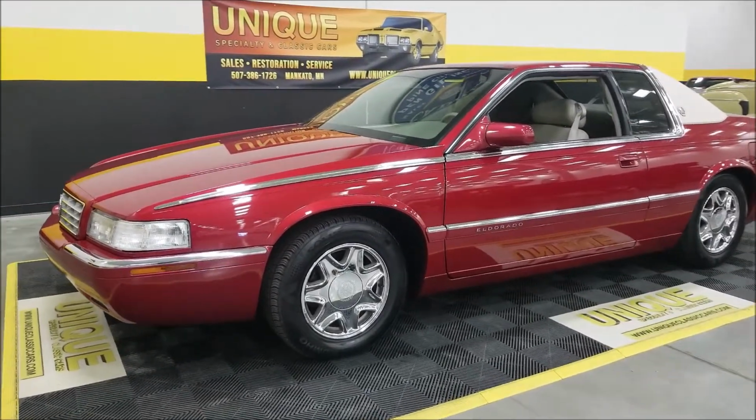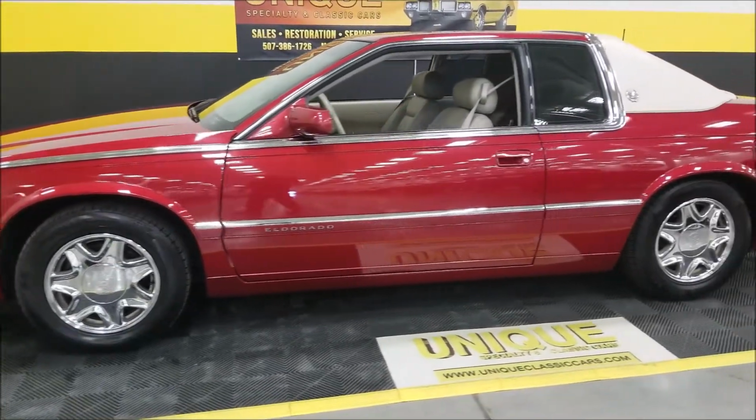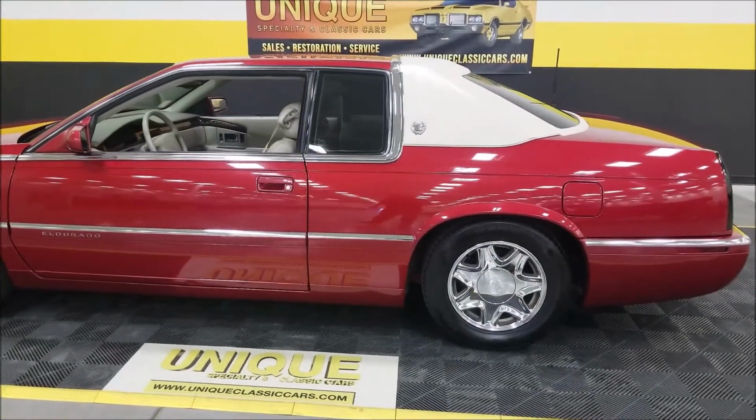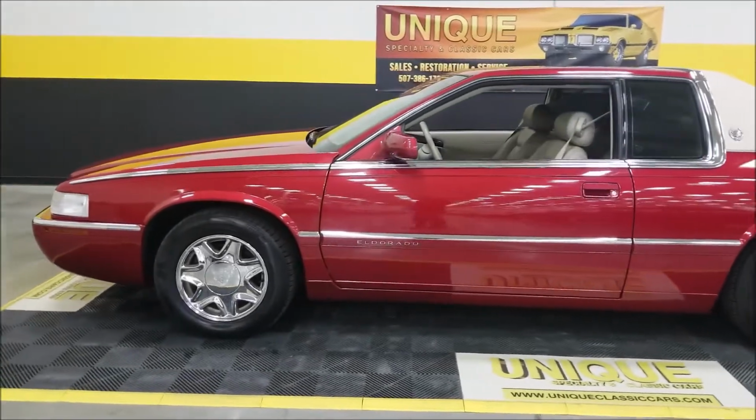Has had a little chrome accent added up around the top of the body line there, as you can see, that goes to the back, to the quarter landau roof, if you will. Real rich looking car. Now the best thing about this vehicle, a little over